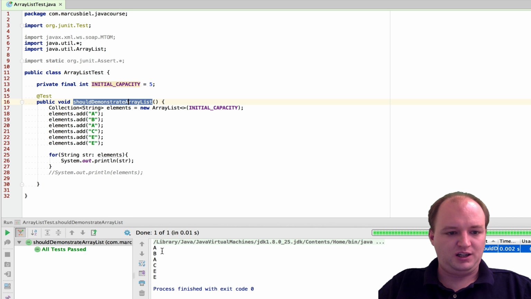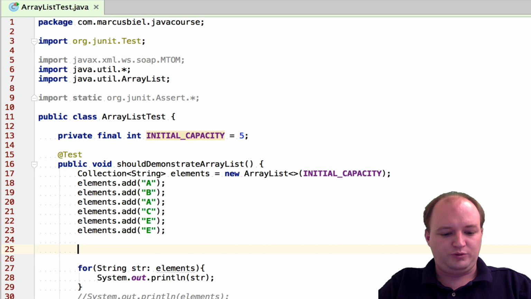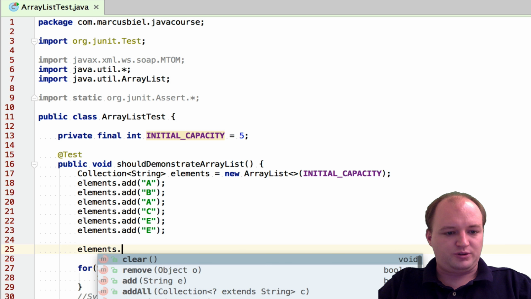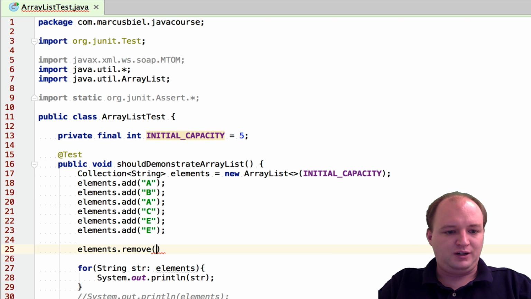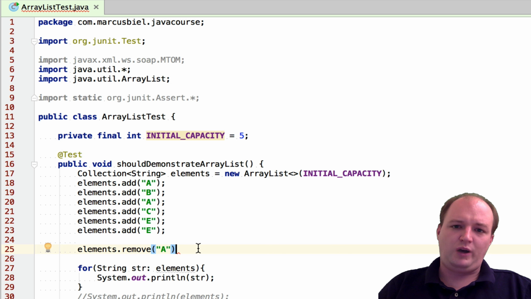So here you see A, B, A, C, E, E, exactly like we added it, which is a feature of list. Now that we added elements, we could also remove some elements, which is just as easy. Remove: on the collection interface I can't remove by index, but I can remove by stating the object that I want to be removed, which by the way internally uses the equals method.